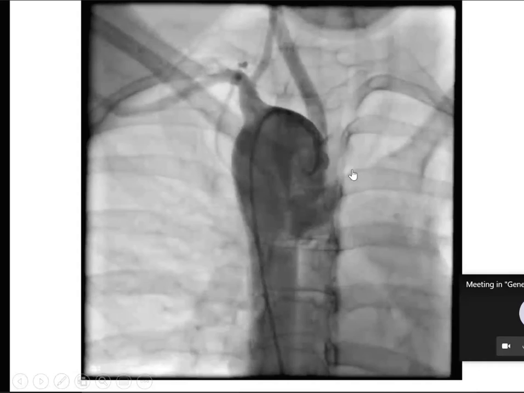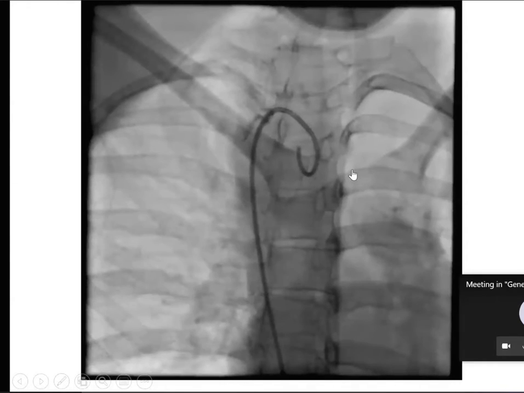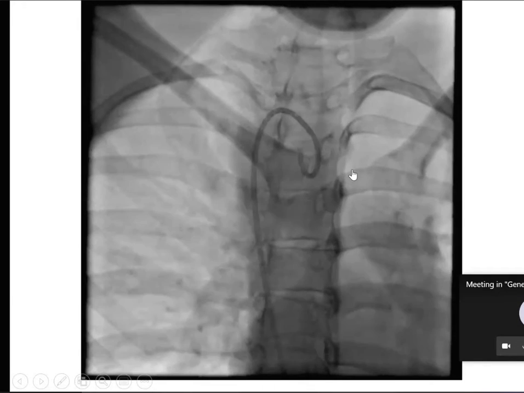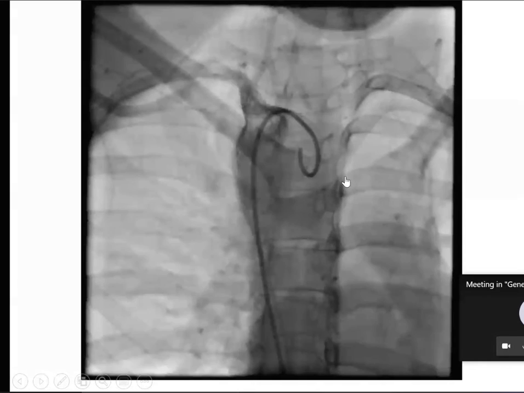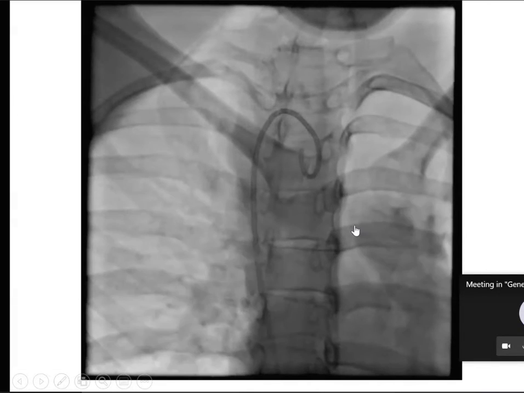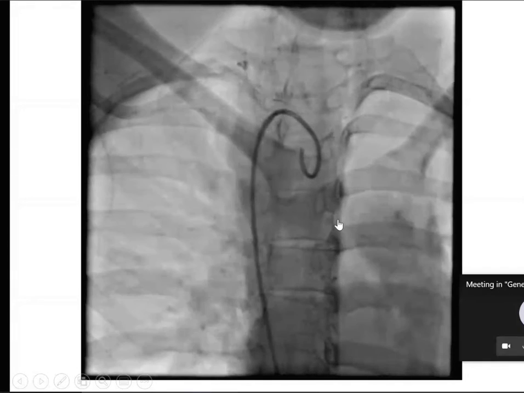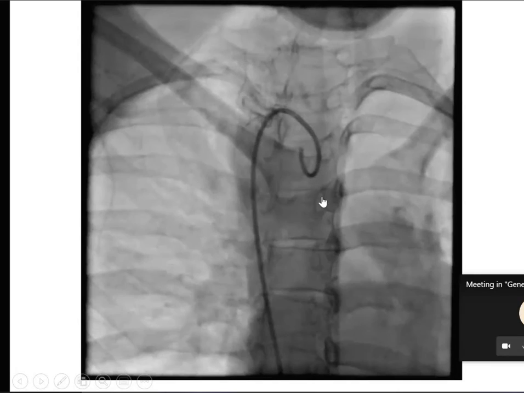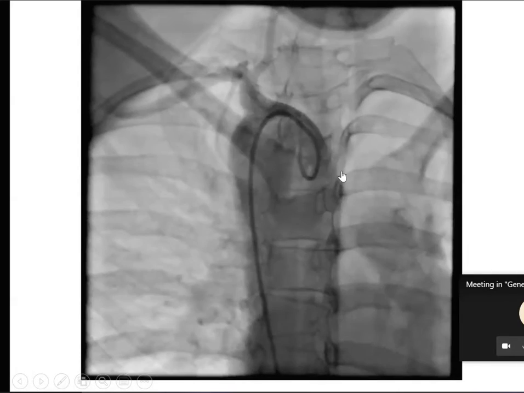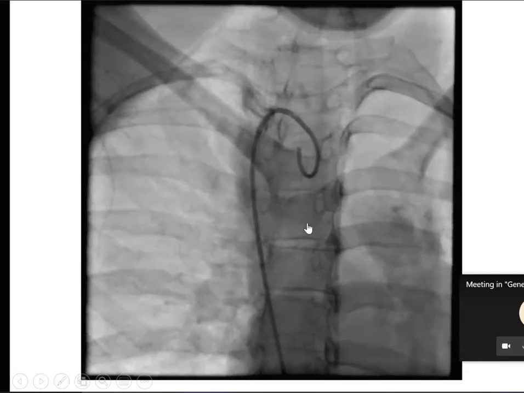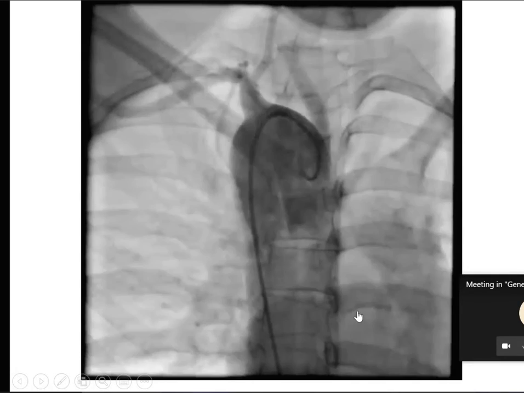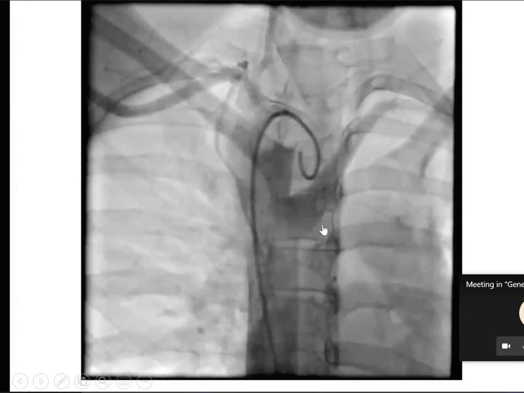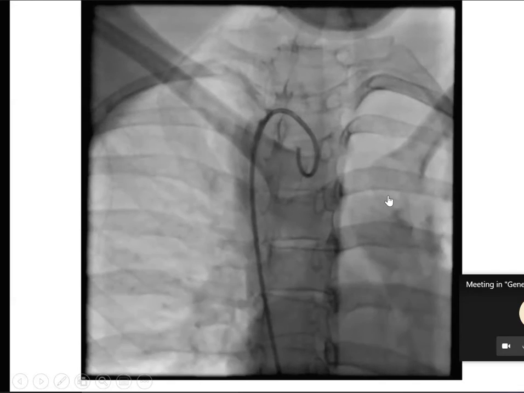Okay. Here what is happening? Here there is a right brachiocephalic artery. First branch is left subclavian. Where is the left subclavian? When is the left subclavian filling? It is filling later, sir, later from the descending aorta. And there is an outpouching at the origin of the left subclavian. What is that called? Kommerell's diverticulum. Okay, that is the type 2 right aortic arch.